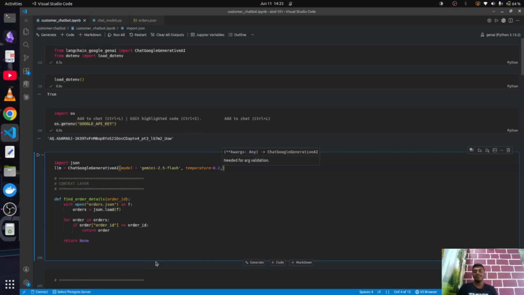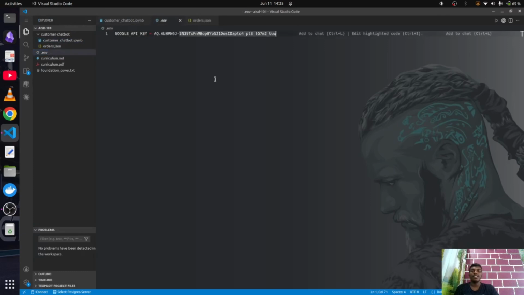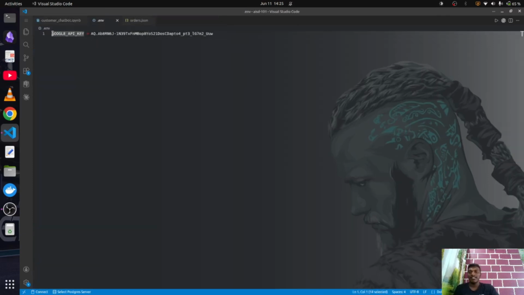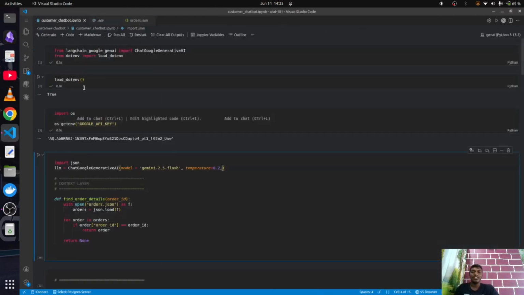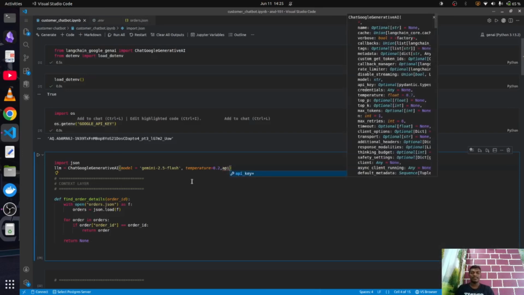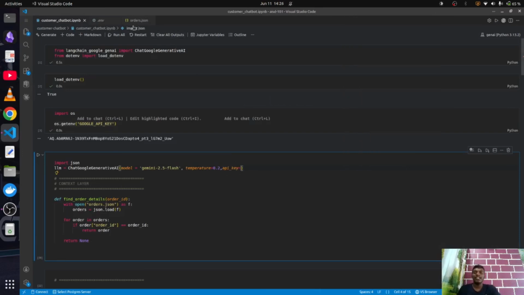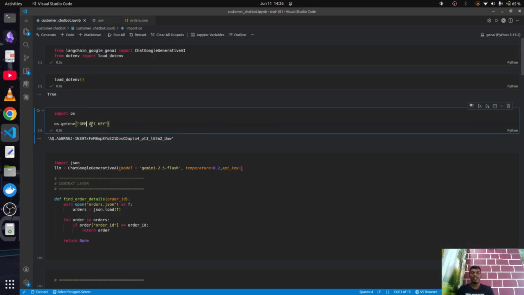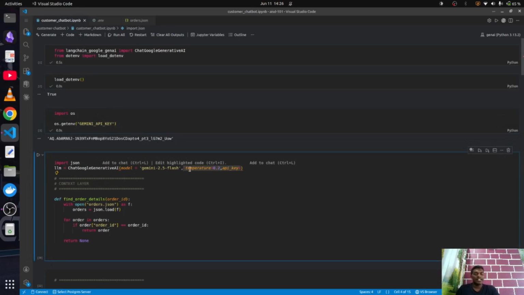And there is one more thing. If you fail to load the environment with this particular variable name, GOOGLE_API_KEY, you can actually give that as a parameter here. There is a parameter called api_key. You can change the name and load it dynamically here, whatever you are going to do. For example, instead of Google, if I use Gemini, then it's better I use Gemini here as well, load the same, and then use it here. So this is one more way to manipulate the API key.